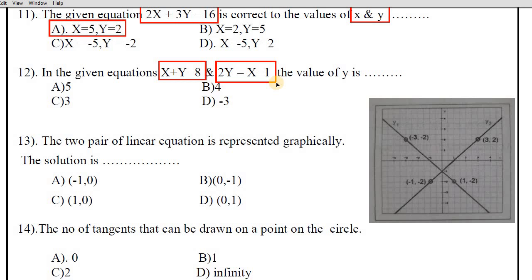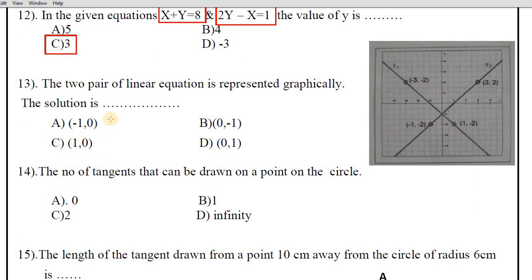So, here first you write minus x plus 2y equals 1. And then you simplify this, plus x and minus x will get cancelled and we get 3y equals 9. Now, y value you will get is 3. See, y value only they have asked. Next, no need to find the x value. You can stop at this case. So, therefore, y value is 3. For this question, the correct option is C, 3.